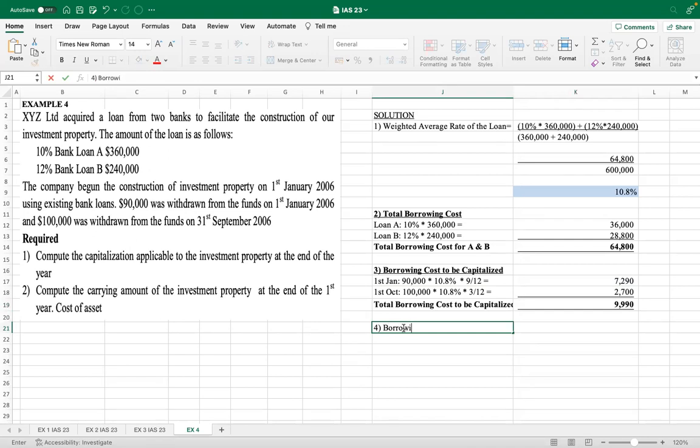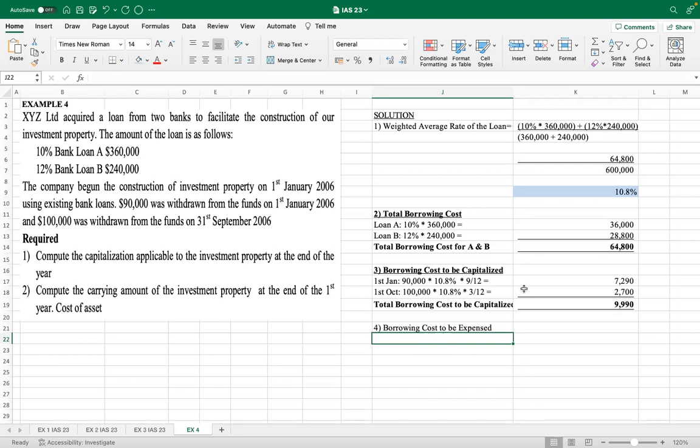Borrowing costs to be expensed, because it's only fair that if I've calculated the one to be capitalized, it's also good to calculate the one to be expensed. So borrowing costs to be expensed